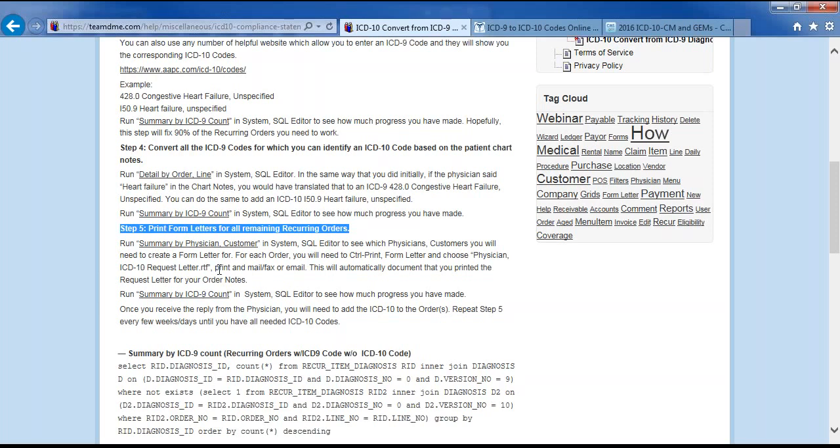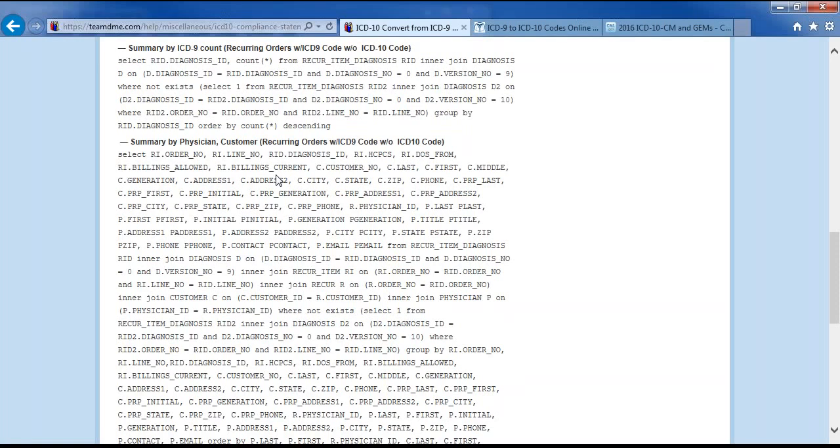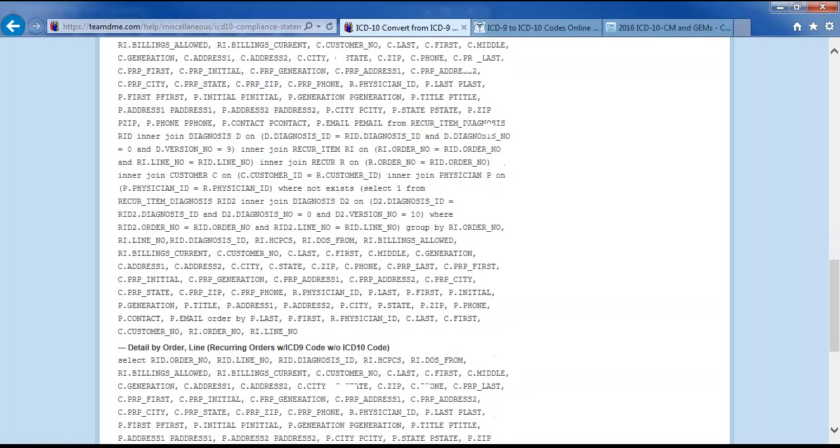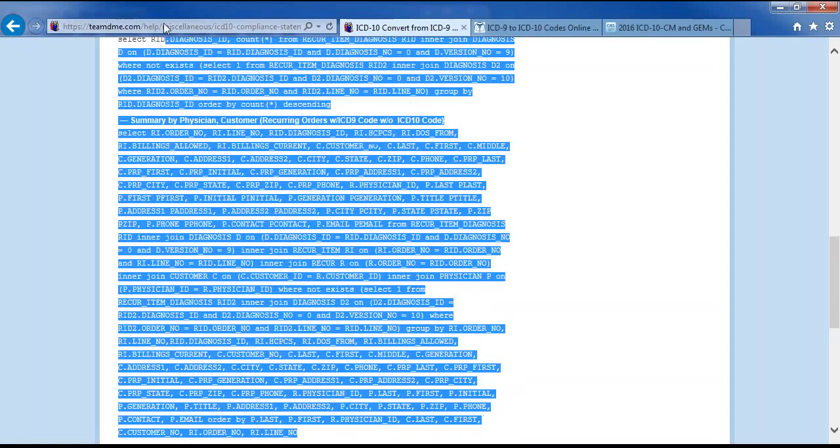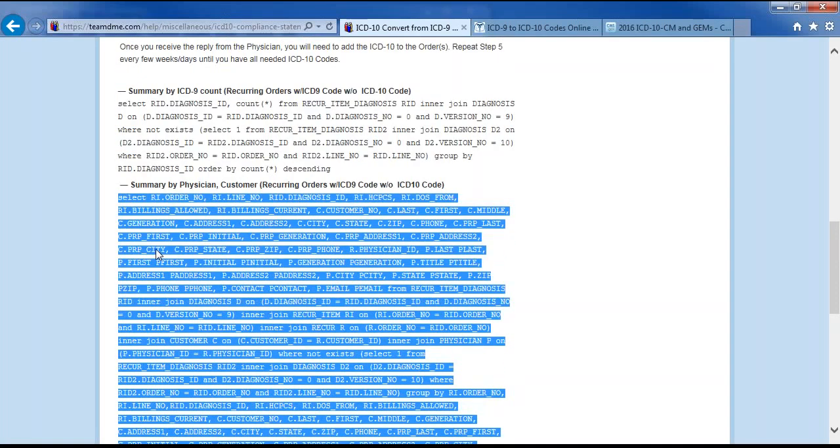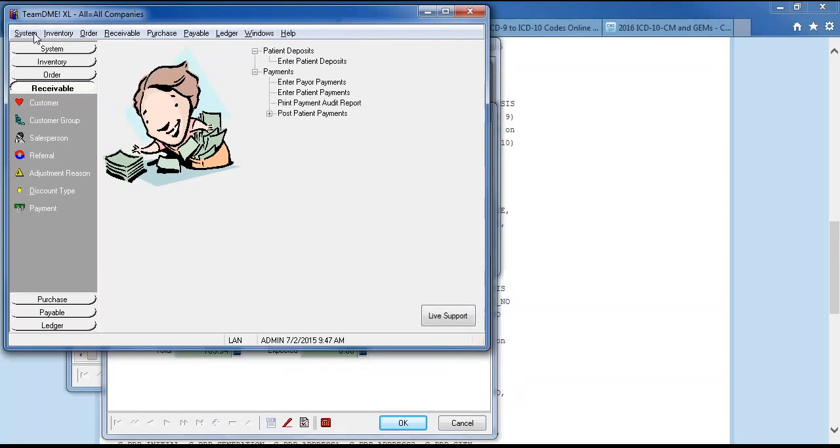And so step 5 is to print form letters for all the remaining recurring orders to the doctor and let him do it. Okay? And to do that, first of all, we want a summary by physician customer. And so that's here, summary by physician customer. You'll notice this is quite a bit longer in the SQL. And so we go into the